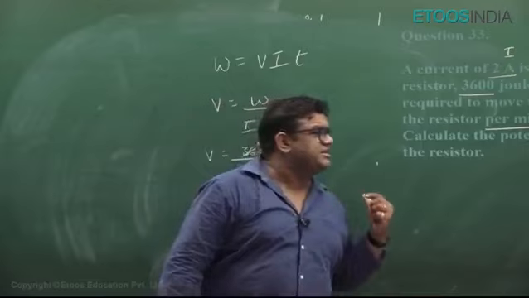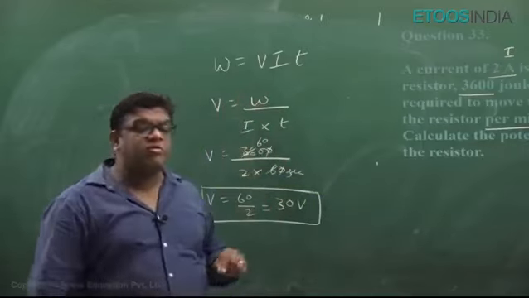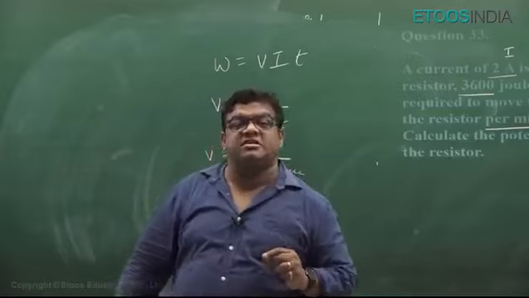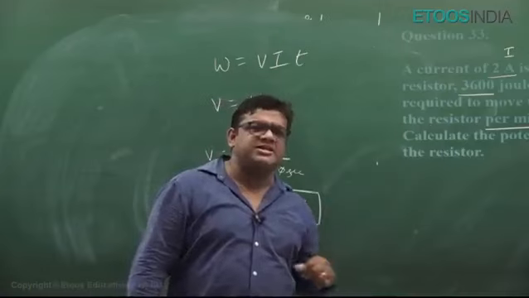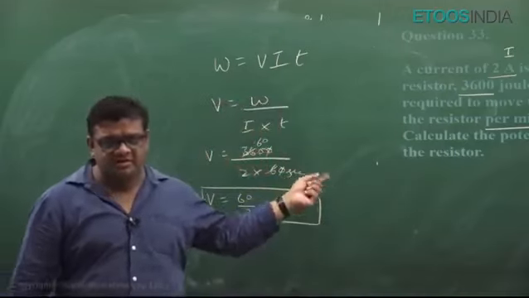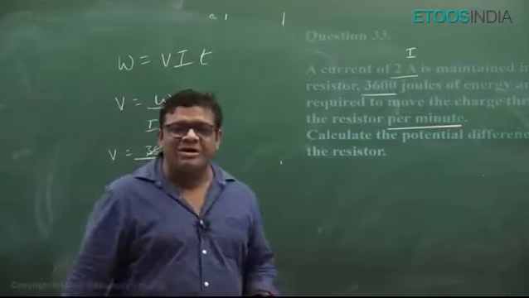Is it clear? See how easy it is. If I start solving in this way, it becomes really easy. What we need to look at is what are the given things here. Through that we can easily find out what will be the formula and it will become easier. So please note down till here. With that, let's move on to the next question now.